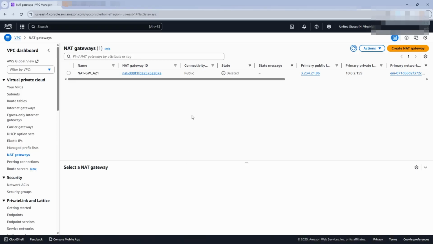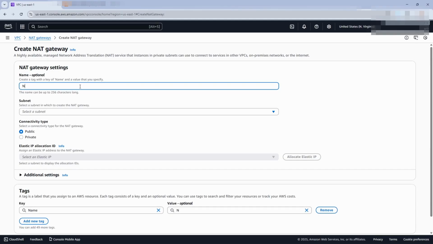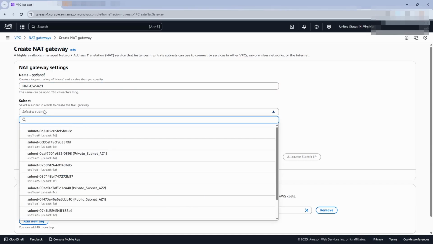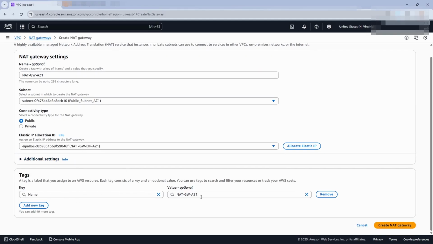We will then proceed to create the NAT gateway now. So we come here, NAT gateway. We'll create one NAT gateway in AZ1. So come here, create NAT gateway, and then we will put it in. Let's give it a name. Can call it NAT gateway AZ1. Now we put it in our public subnet AZ1 here, and then we leave it as public. Then we allocate the elastic IP that we had just created here, and then we can leave the rest as they are, and then